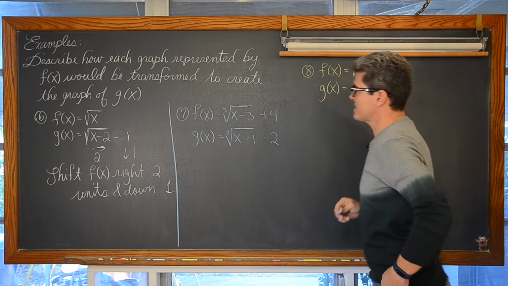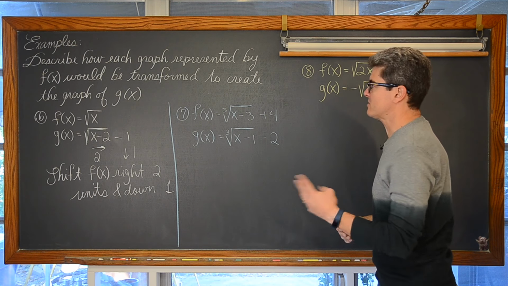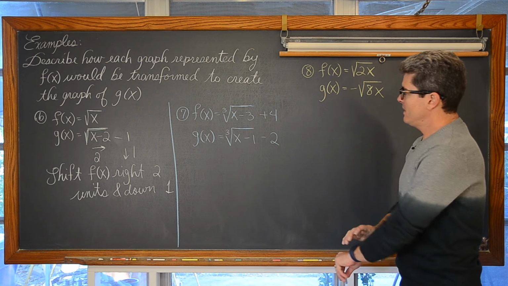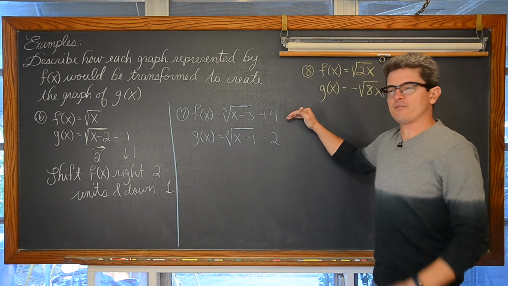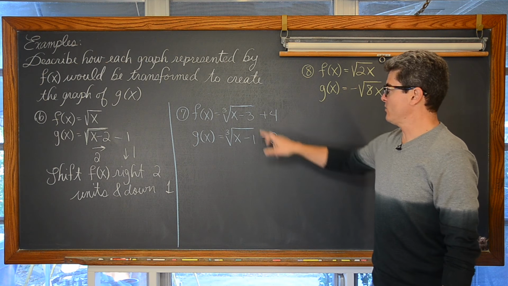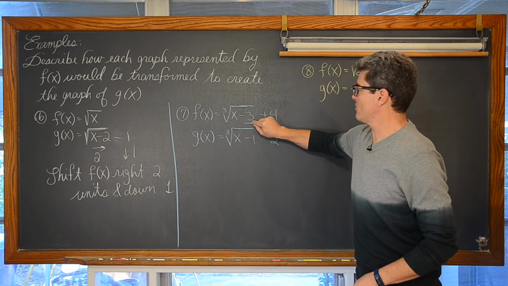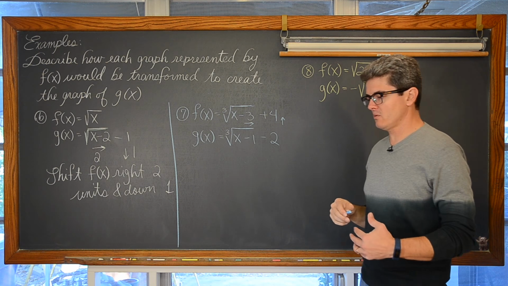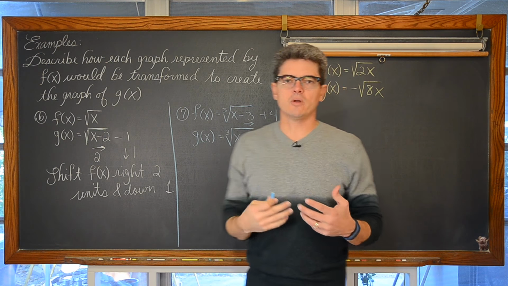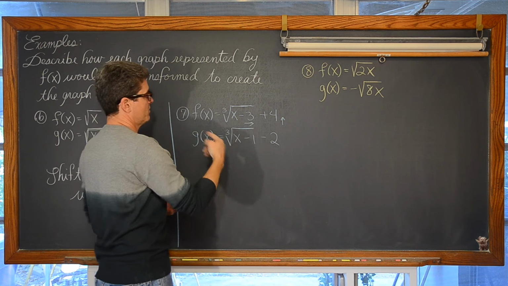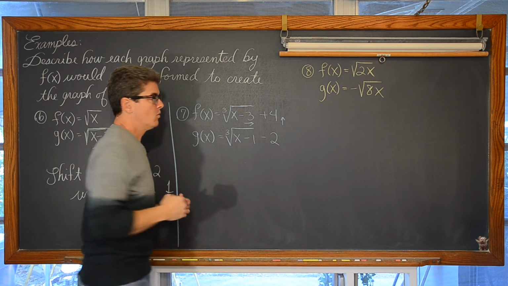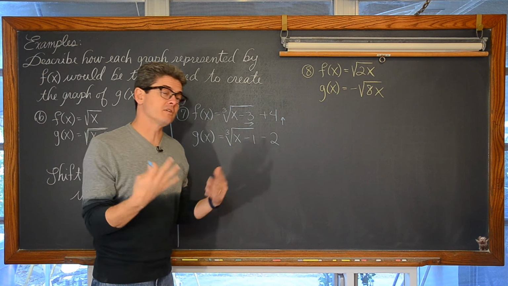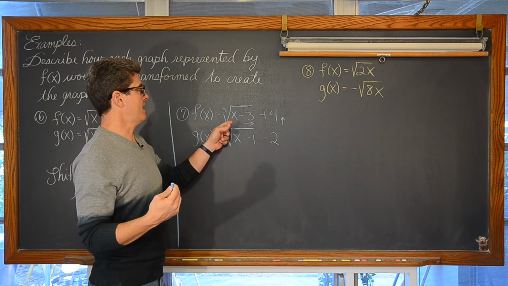Now with example number 7 here, we had 4 graphs of the square root, 1 of the cubic root, and then 6 and 7. We look here that function f of x has already got some transformations in it. It was already moved to the right 3 units and up 4. So kind of like instead of that center point being at 0, 0, that center point, if you will, is at 3, 4.